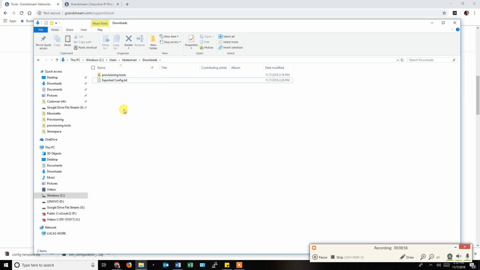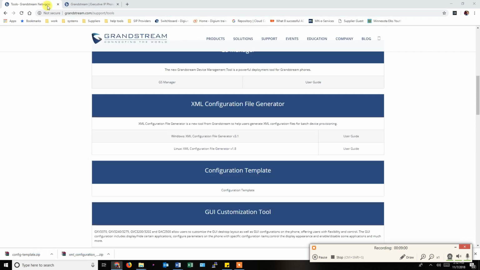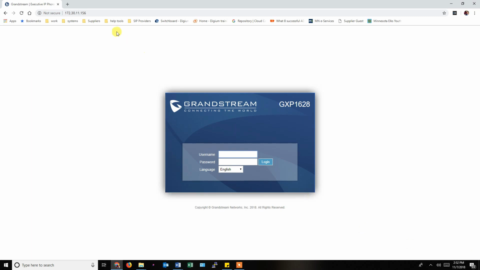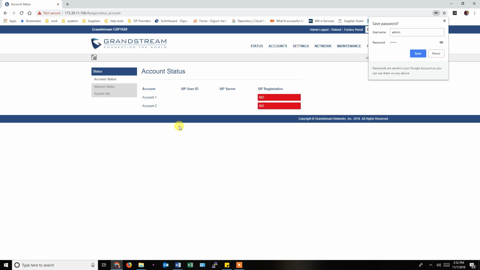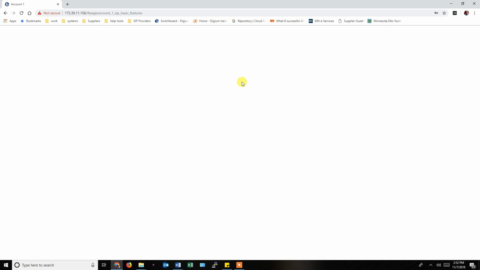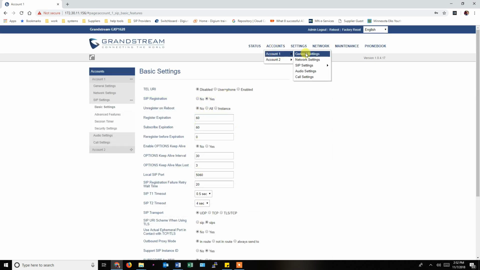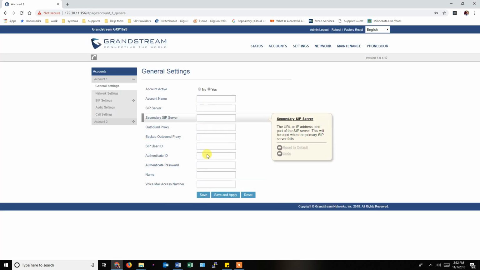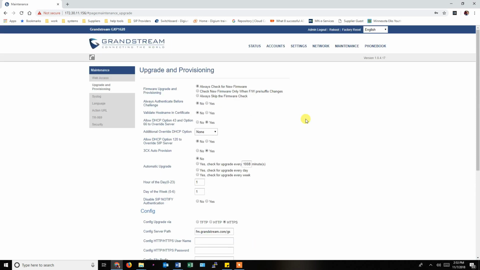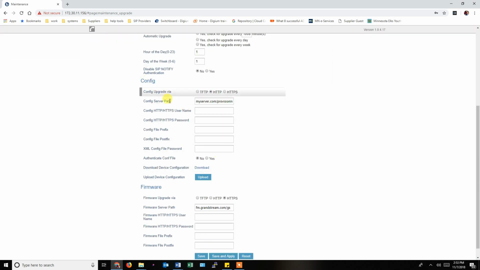Now, if you log into this phone behind me, all of these settings, Account 1, SIP settings, Account 1, general settings, all of these settings can be programmed with those P codes. Right now they're empty. If I go to maintenance and upgrading and provisioning, oh, is it upgrade? Yeah. You can come to this config file section